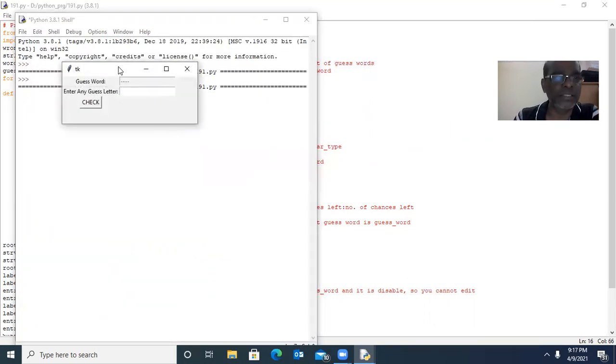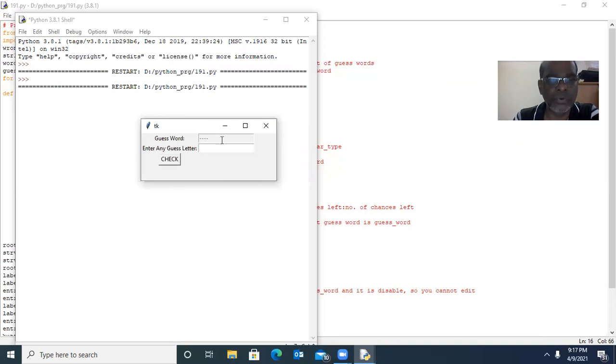Yeah. The guess word should be 4 alphabets because it contains 4 hyphens. So it should be love. L I pressed. Not. Chances left are 5. Good. 1 chance is already over. It should be king. Okay.